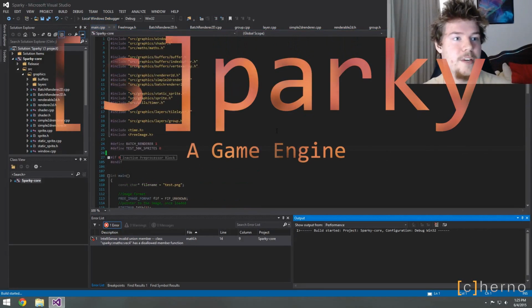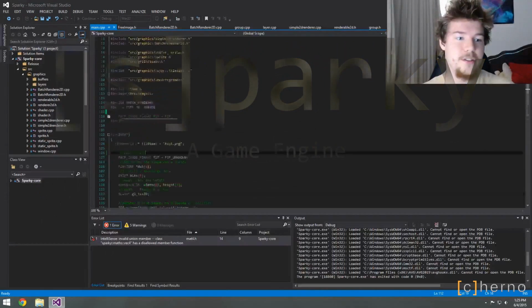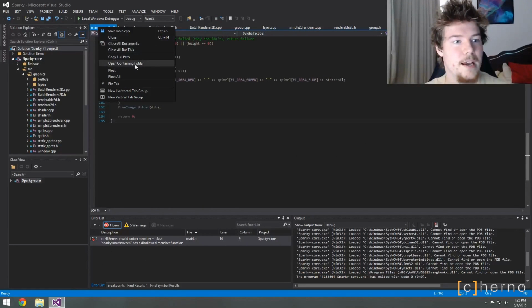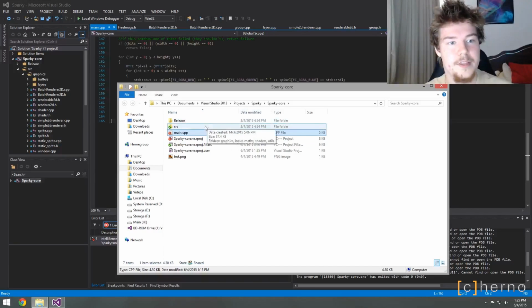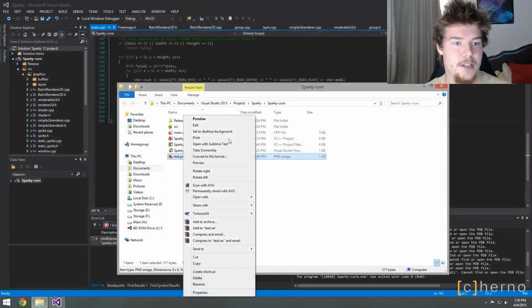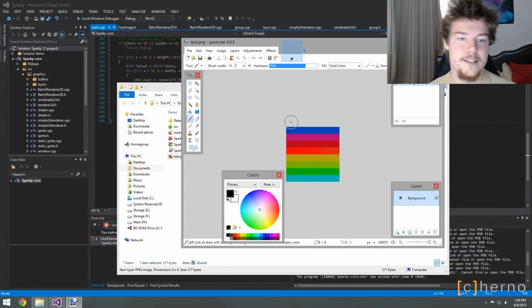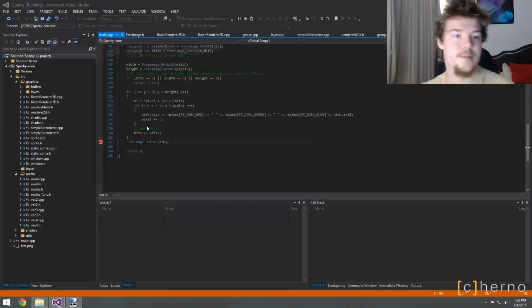So last time we had the joy of reading in images. Just to refresh everyone, since it's been a while, well, it hasn't been that long, like a day or so, we had this test. Let me just open this in paint.net. Yep. Okay, so we had this texture, and I read it in, but the problem we had